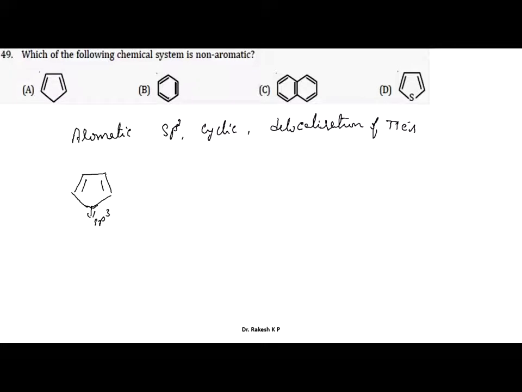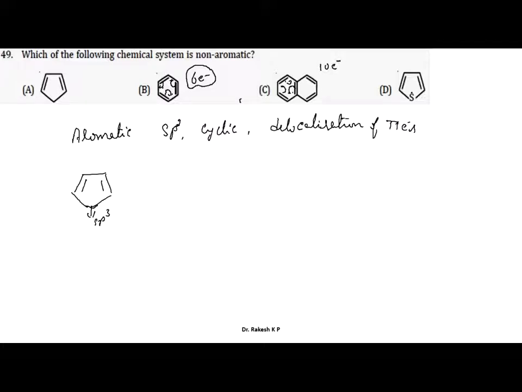Okay, you just identify this one here. Here we can identify this electron comes and this electron goes and this electron here. So the number of electrons involved in the delocalization is 6 electrons. This is 4n plus 2 pi electrons. Just go to this one here. Here also, identify these electrons, and simultaneously here also. So 2 plus 2 is 4, 4 plus 2 is 6, 6 plus 4 is 10. Here 10 electrons are involved.